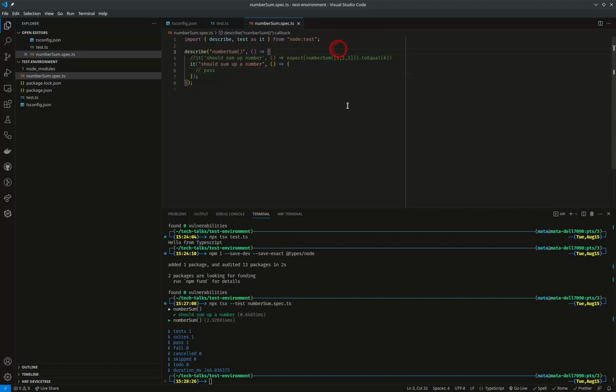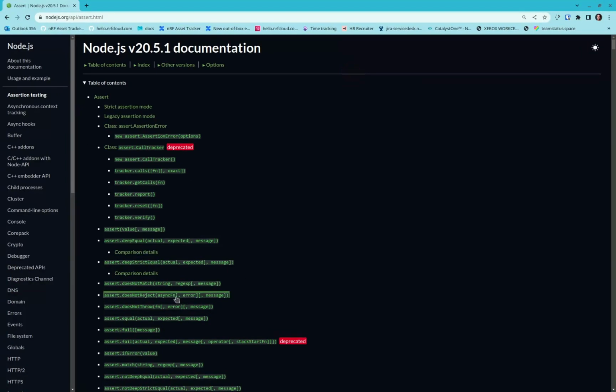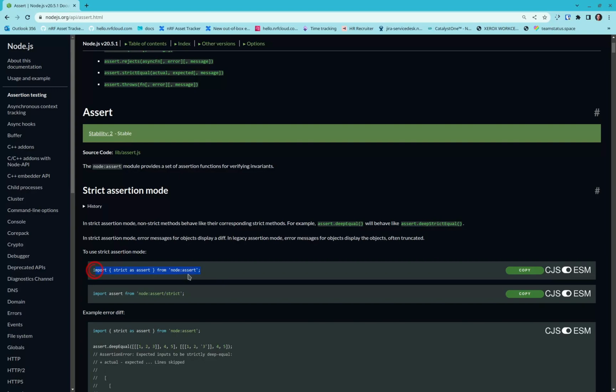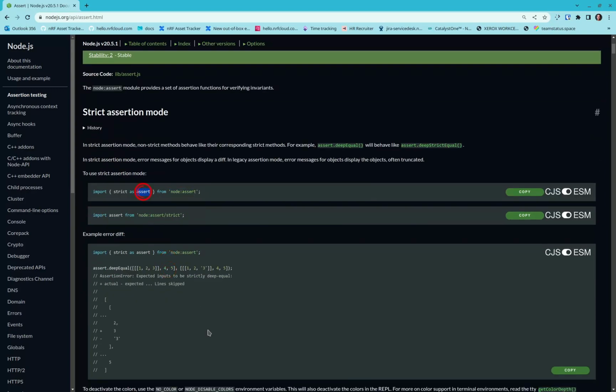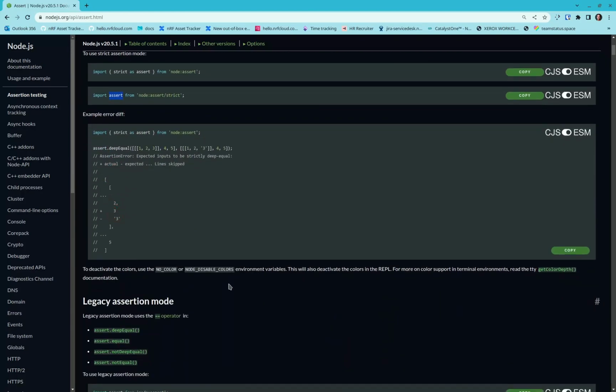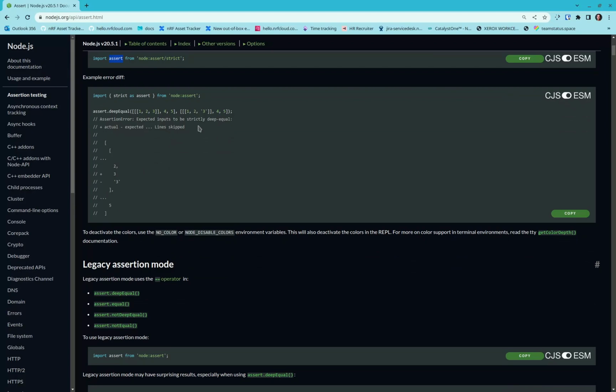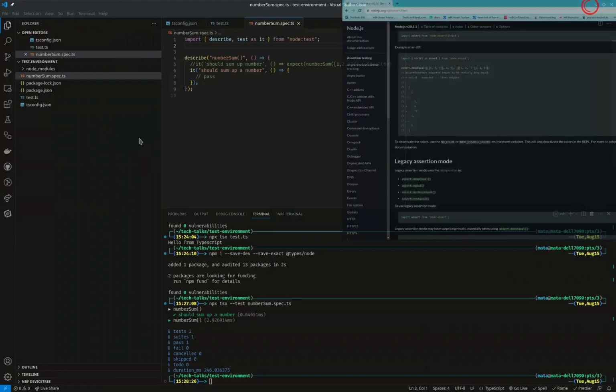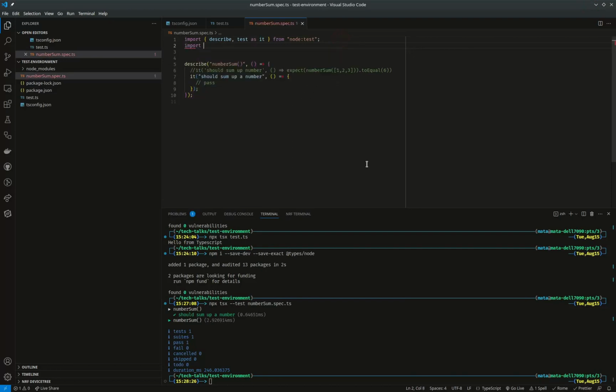as a test runner. Now, for the assertions, there's also a built-in assert function. In Node.js it's not called expect, it's called node assert. I'm just pulling up the documentation here. From there I can import this assert function, and it has some similar features to what Jest is using under the hood, so we can also use that. So I can import assert from node:assert,